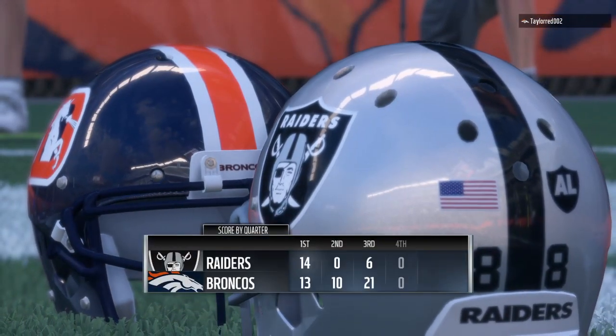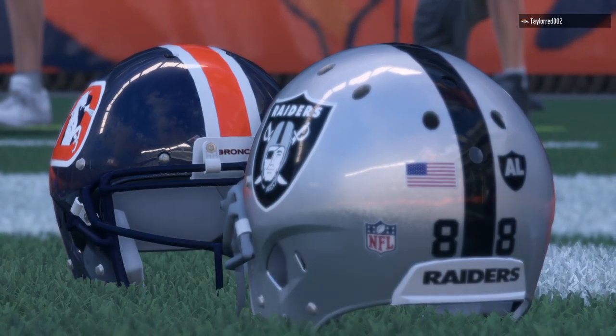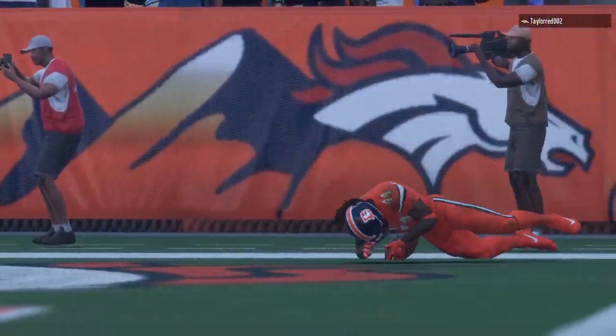So for Denver, it may not be too late to salvage their season as the win moves them to 2-5 now on the year. And they will hit the road next week for a date with the Jacksonville Jaguars. Meanwhile, for the Raiders, the struggles intensify as they drop to 2